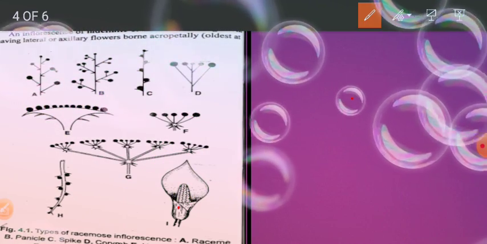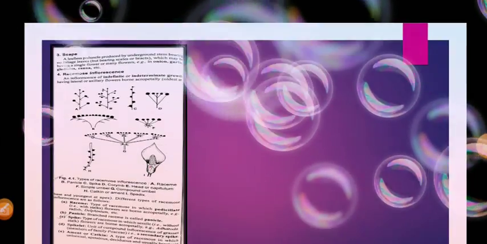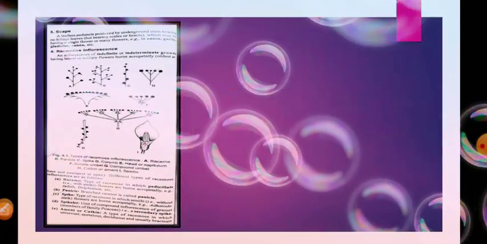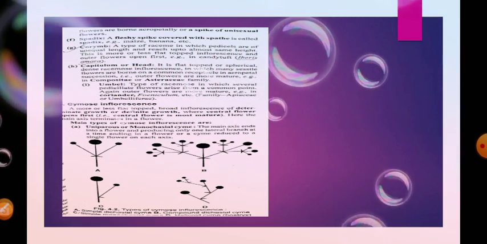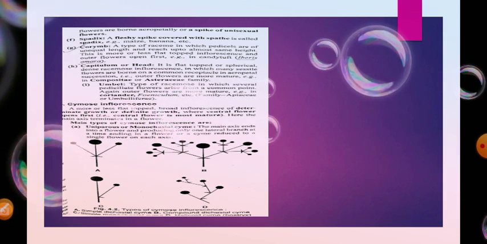Then comes the compound. All those things I have already described; you can watch this. And then let's come to the cymose type. One is the racemose type, which is subdivided into the following: raceme, panicle, spike, spikelet, ament or catkin, then spadix, corymb, capitulum or the head, then umbel type. Then comes the cymose type.